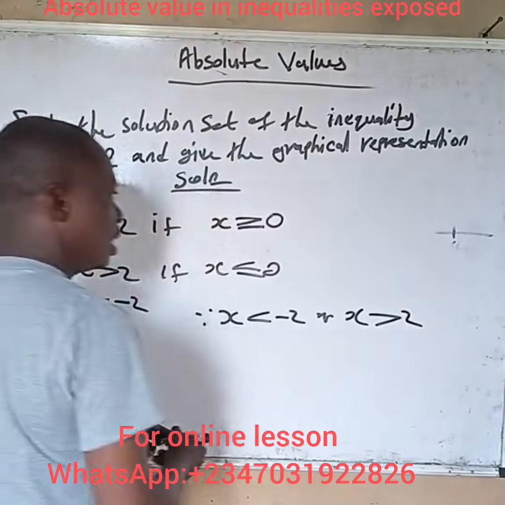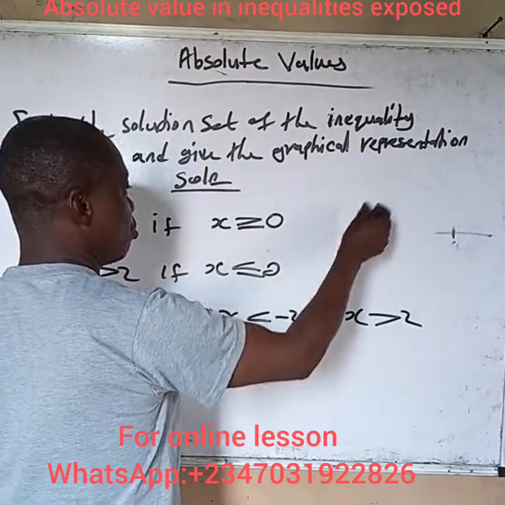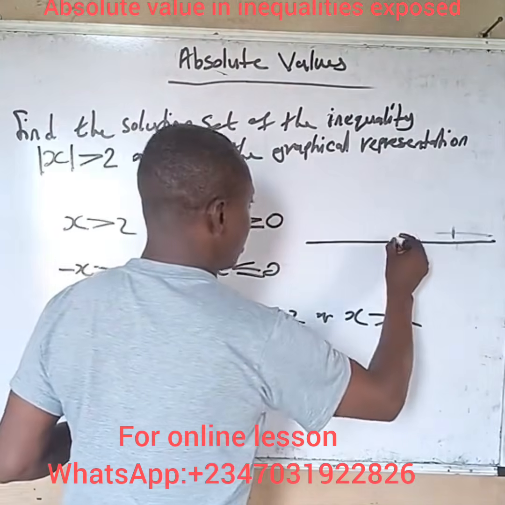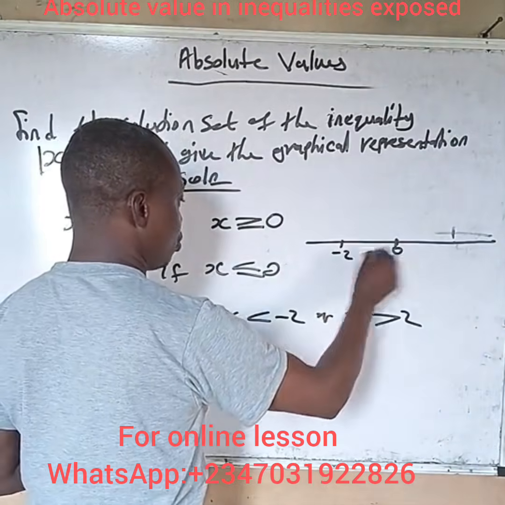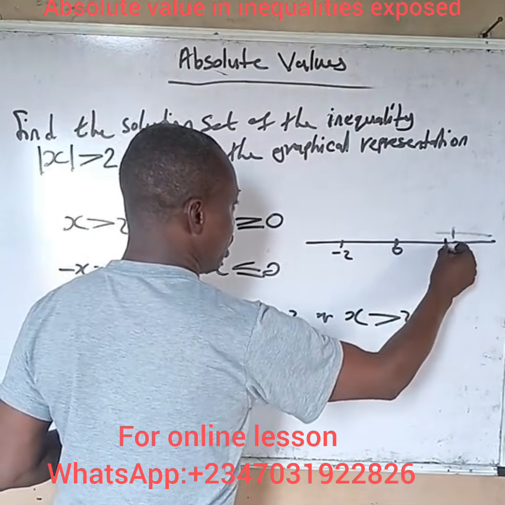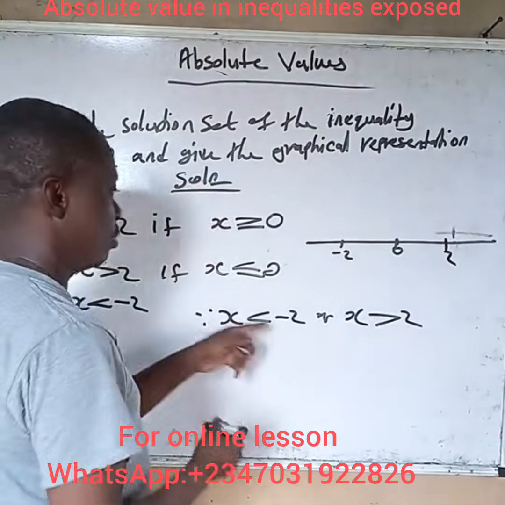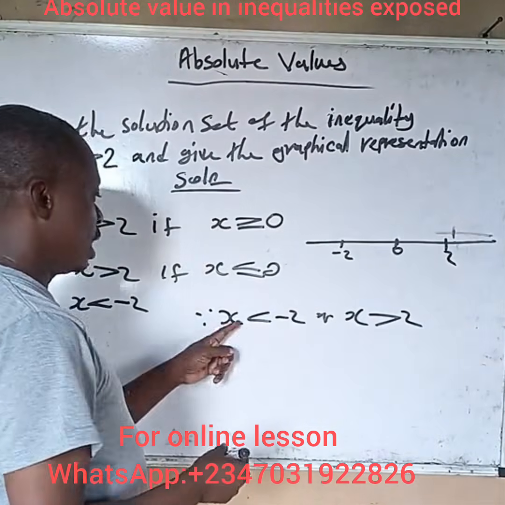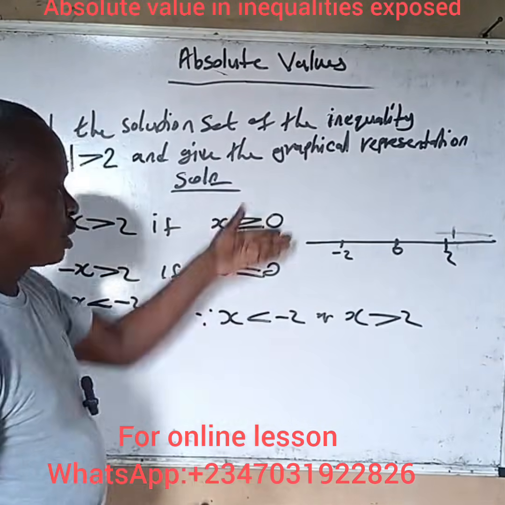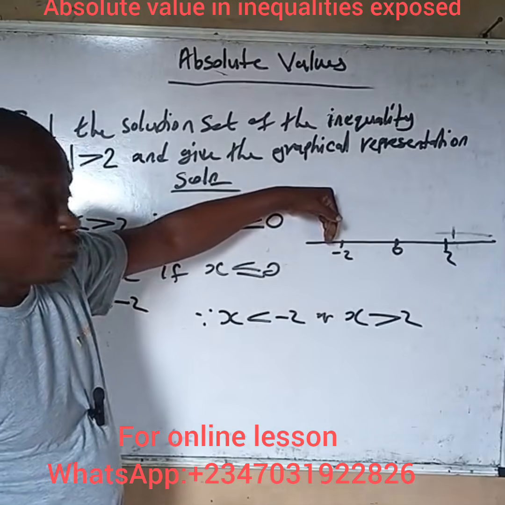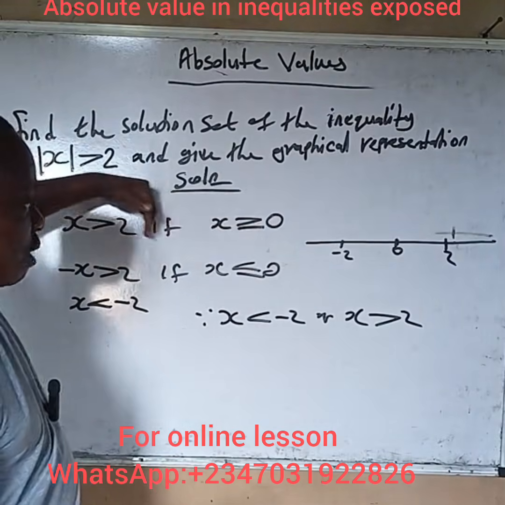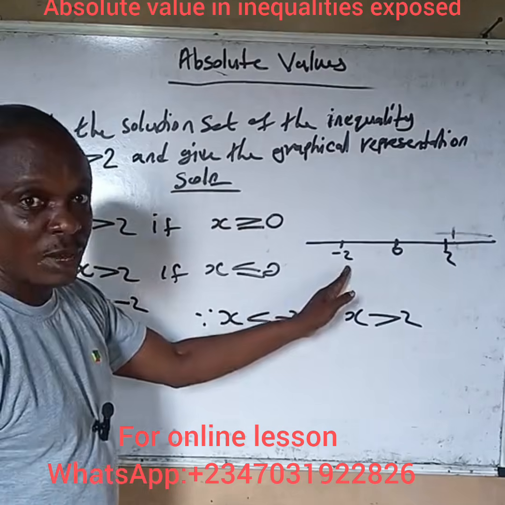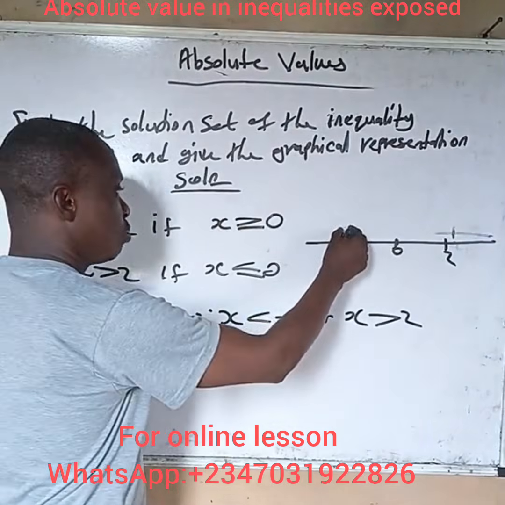or x is greater than 2. And so if we want to draw the graphical representation here, this is 0, any number here is negative, so here we'll have my minus 2, here positive, I'll have my plus 2. Now we are told that x is less than minus 2. All the numbers that you'll be seeing this way are less than minus 2. Minus 3, minus 4, minus 5 to minus infinity, all of them are less than minus 2. So our arrow certainly will be here,